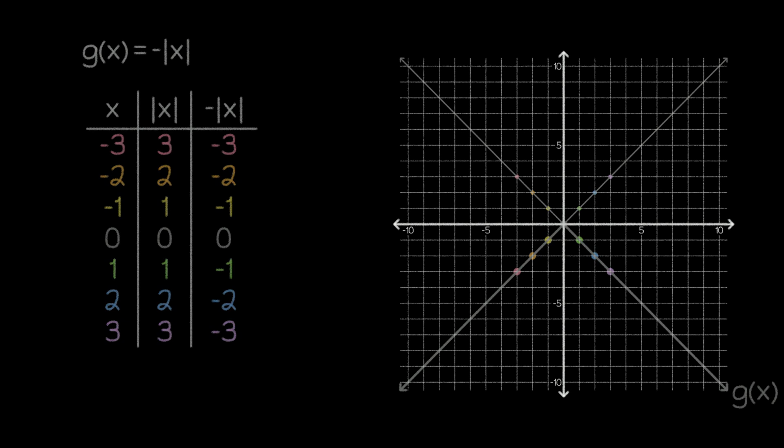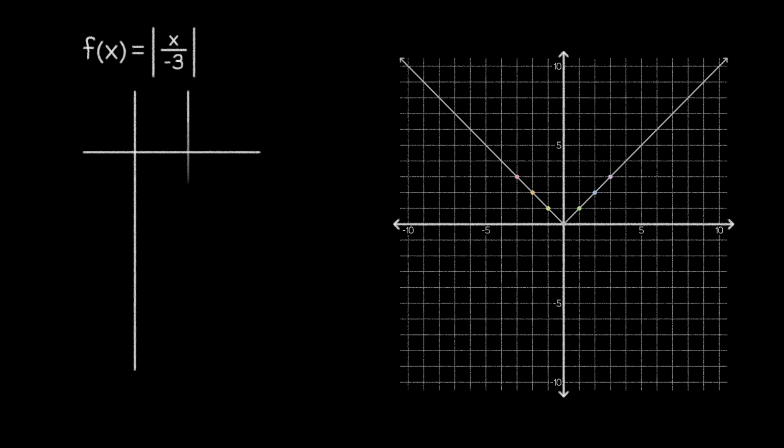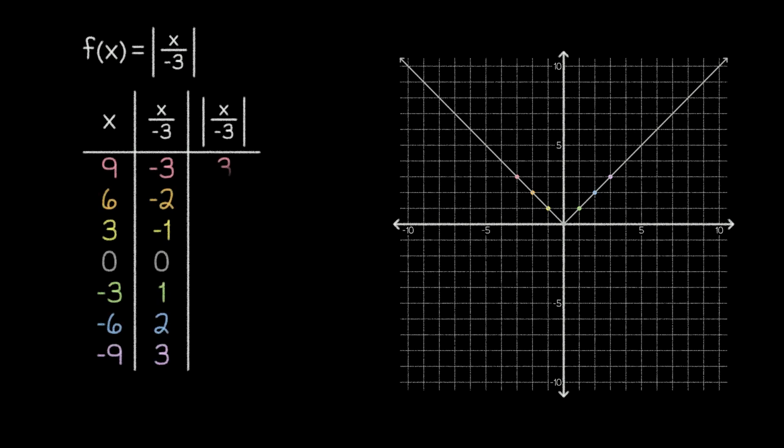Now that we've covered the main two cases of reflections, let's take a quick look at what happens when we multiply or divide by other negative numbers. First, let's consider the absolute value of x divided by -3, and give a moment to write out the extended table of values and make the graph.